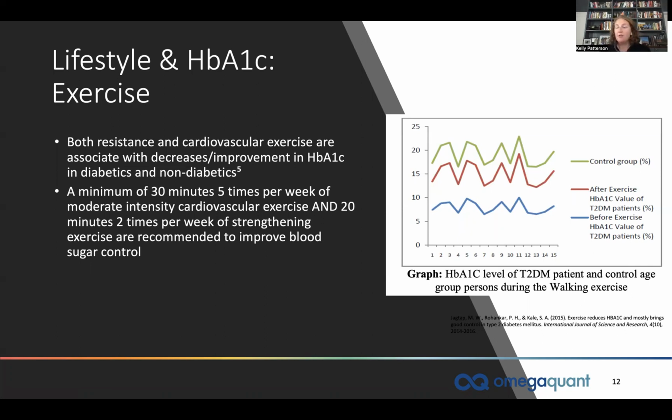A lot of people think cardio is the best way to do this, but actually resistance exercise is incredibly powerful for reducing blood sugar. We ideally want to have a minimum of 30 minutes, 5 times a week, of moderate intensity cardio and at least 20 minutes twice a week of strengthening exercise to get that blood sugar